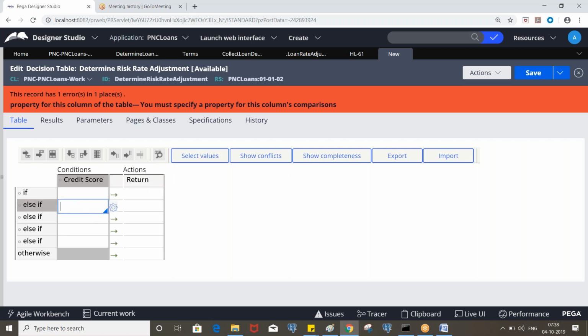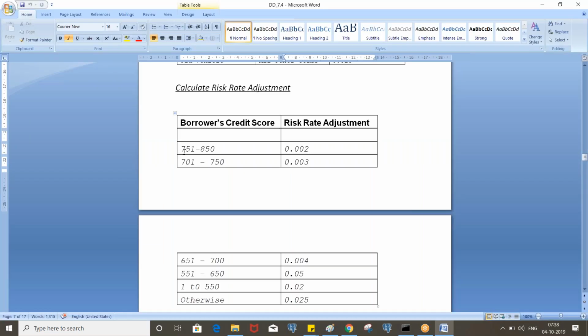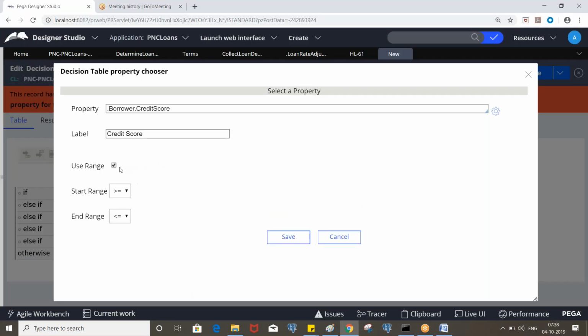In some cases we go for a range. So now if you look at the conditions, if it is between 751 and 850, we need to return 0.002. So now use the range, and if you want to change from greater than or equivalent to less than, here greater than or equivalent or greater than, and here less than and less than or equivalent.